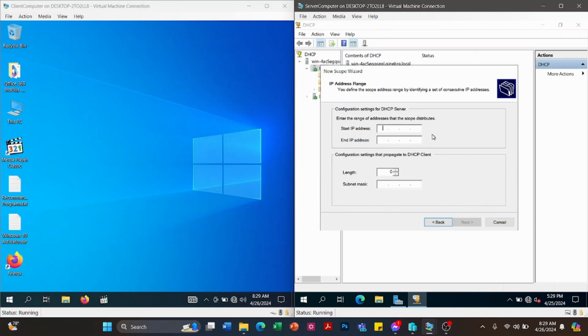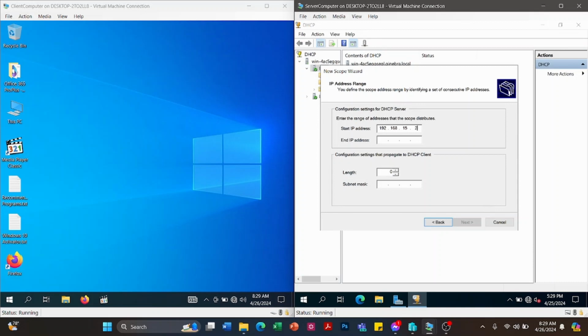IP address. So as per instruction, the start IP address is .2. The last octet is .2, and the end IP address for the hosts will be 200. So let's enter the network IP, which is 192.168.15.2.